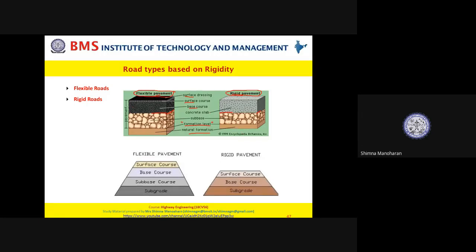So the action of these two pavements, how the load distribution action will be and how the pavement behaves on application of load, will be discussed in module 3. So is this clear? You have the natural formation level. Over this, based on the calculations that you have done after conducting surveying, you define the formation level. So this is also soil. Then you have the subbase. So this will be large size aggregates, which are again naturally formed. Then if it is a rigid pavement, you have directly the concrete slab. If it is a flexible pavement, you have a base course, a surface course, and then a surface dressing.